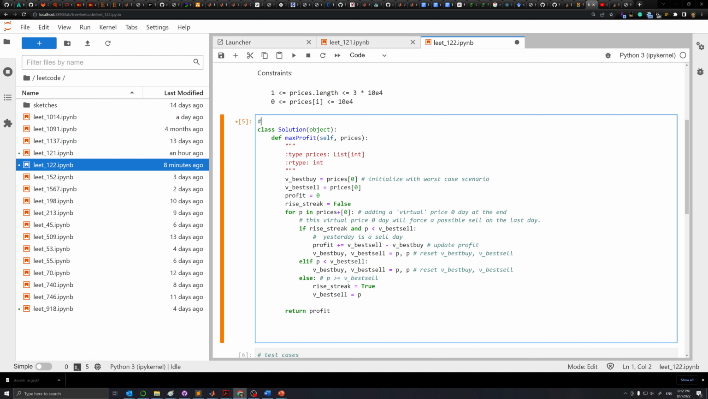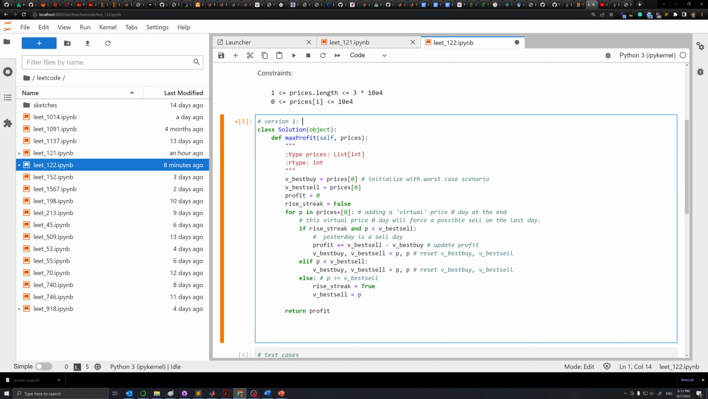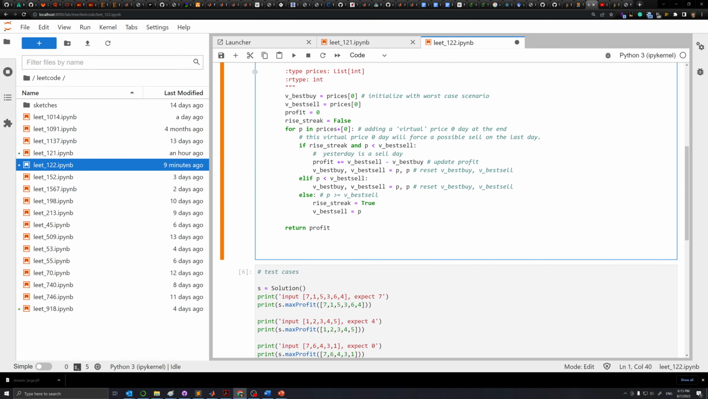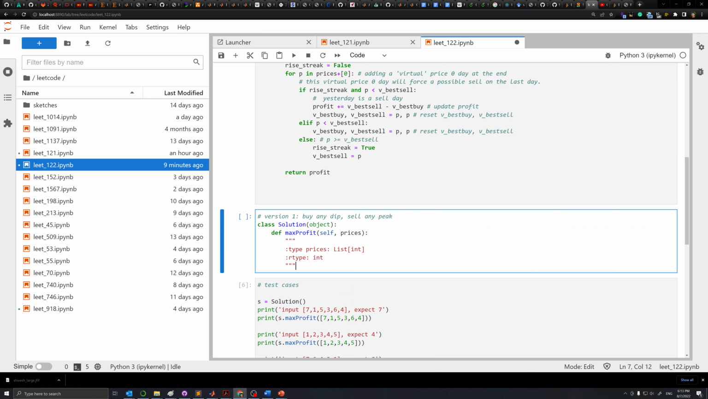So let's say this is our version one. How do we call it? What is this heuristic? Our own heuristic, right? So it's like always buy dip, sell peak. We're gonna do buy any dip, sell any peak. Yeah, this is our algorithm. And then we're gonna just basically create a different algorithm, okay? Version two,